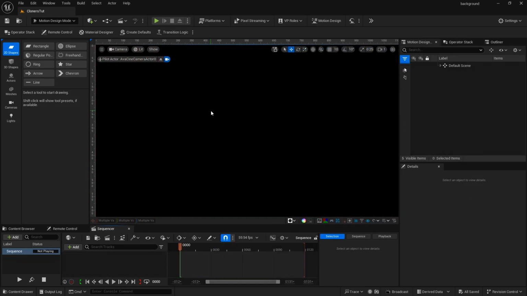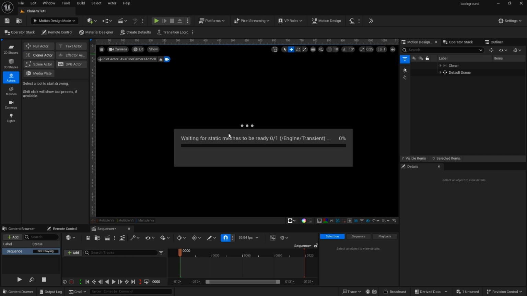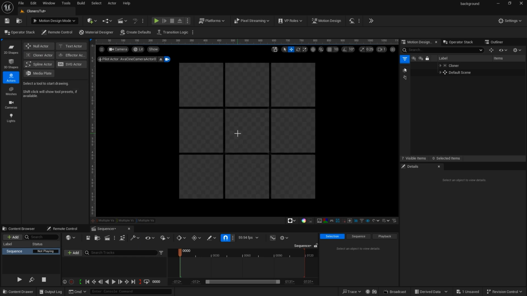I've started a new level in the project and I'm in the motion design mode. To add a cloner to your scene, you're going to need to go down to actors, and then you'll see the cloner actor right there. Couple of ways of adding that in. I'm just going to double click and that will add the cloner in, and it defaults with this set of